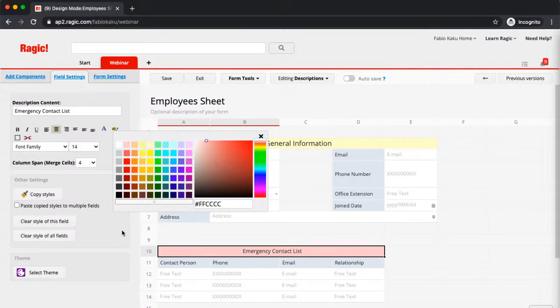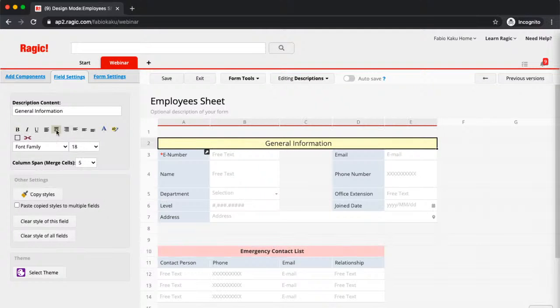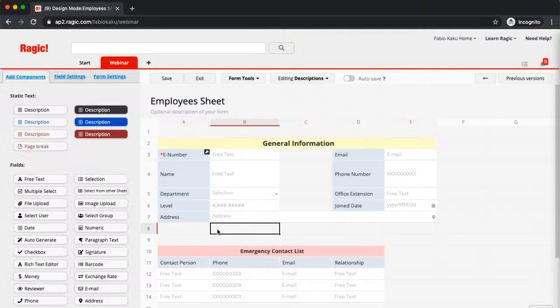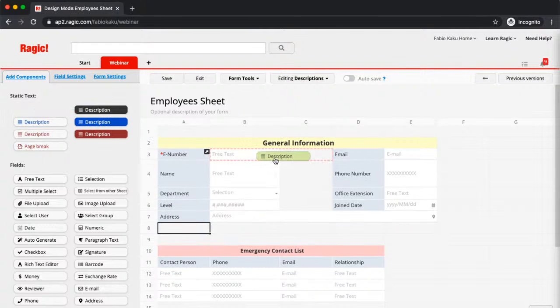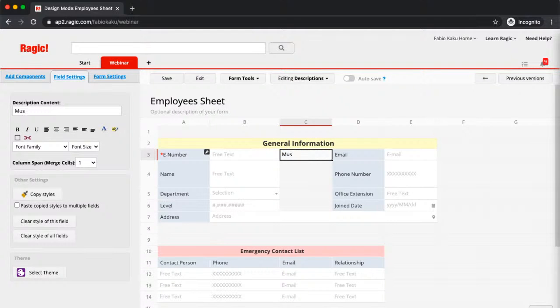Actually, red is a better color for emergency, I guess. Let me bold this as well. And when I say about the clues, so I was talking about the clues. For example, about the E number, I'm going to put a description field right here. I'm just going to say must enter E number